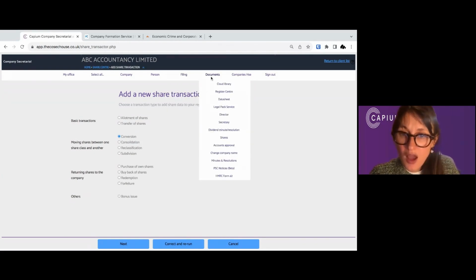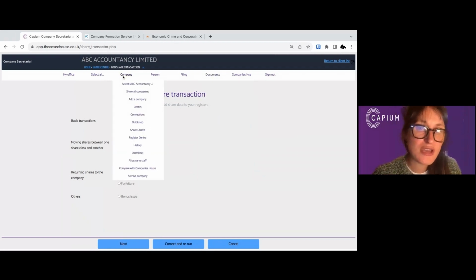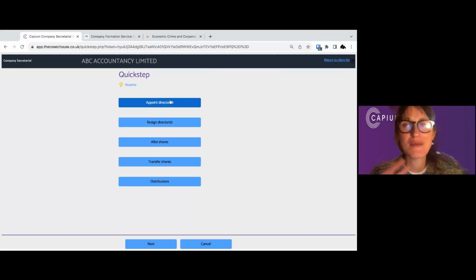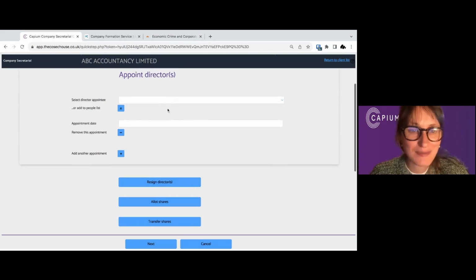So I'm going to show you a little bit about minutes, but I'm going to show you in our brand new feature. So we have got something called Quick Steps. Quick Steps is amazing if you need to do loads of stuff in a company at once. So in Quick Steps, I'm going to come in, this is where I make my demo account quite messy. I'm going to appoint a director